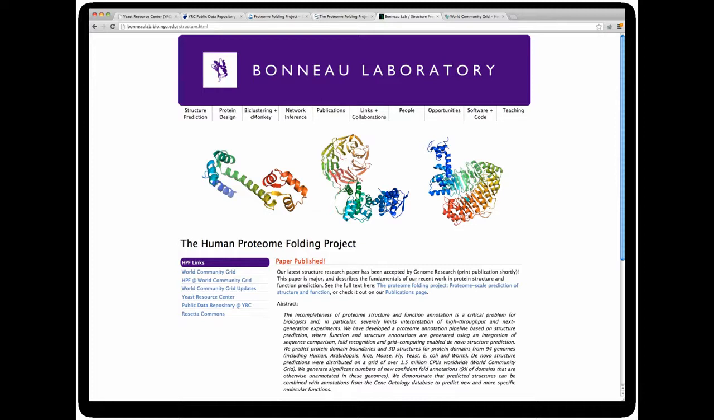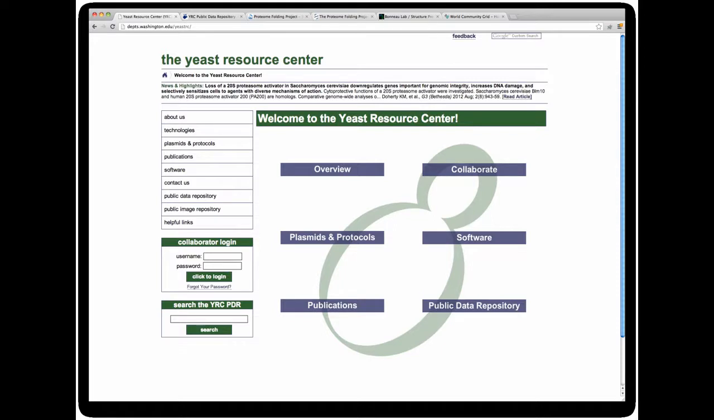into important proteins. The first resource I would like to talk about is called the Yeast Resource Center, and it is actually hosted at the University of Washington by collaborators of ours who generously agreed to host and incorporate our data into their system. The Yeast Resource Center, as you'll see on your screen, is composed of many different parts, but we're primarily going to focus on the public data repository, that is the link in the bottom right of